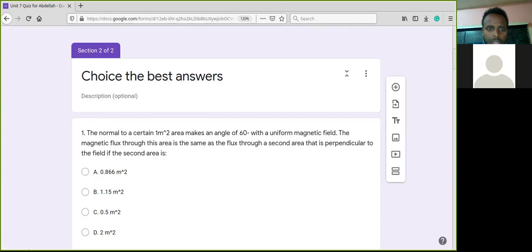For the first area, given area 1 meter square, and the angle between the normal line to the